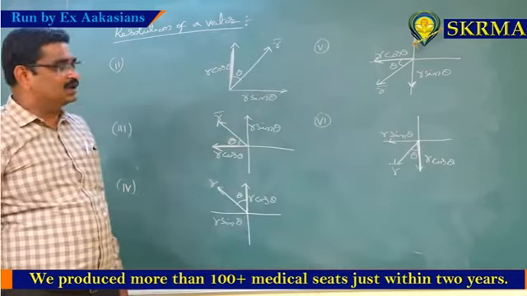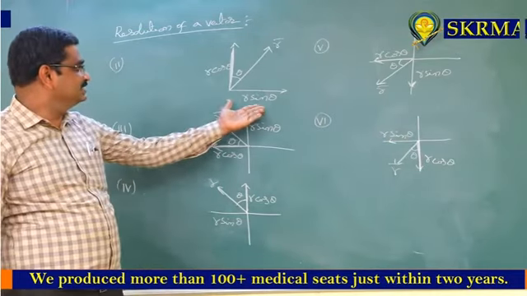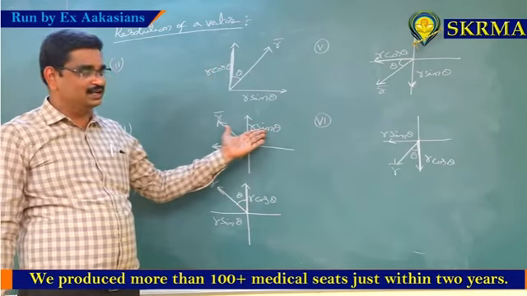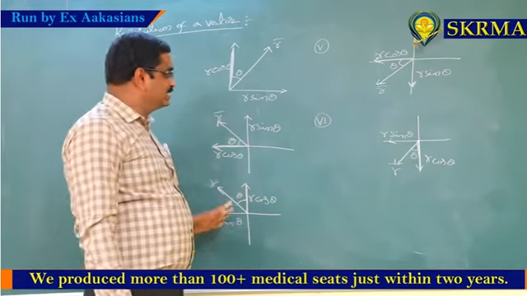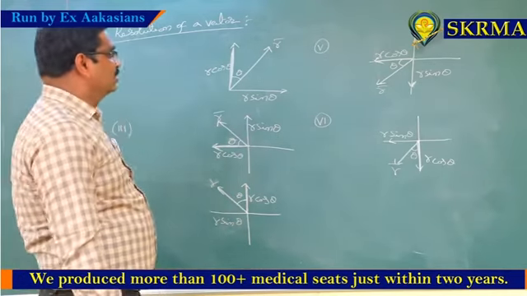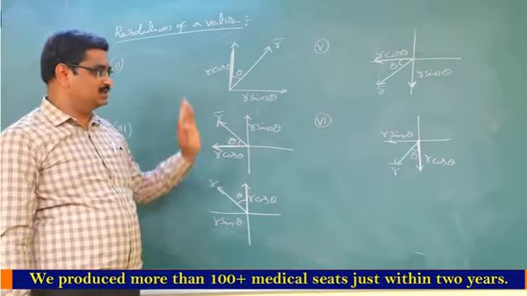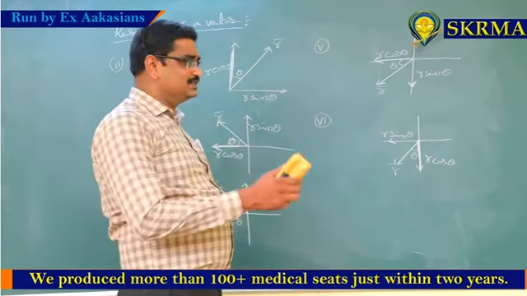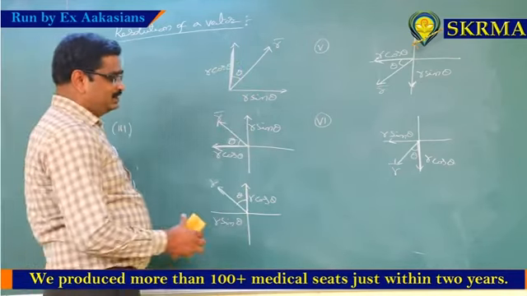So components in all cases are not the same. In this case, this is sin theta term, this is cos theta term. In this case, this is cos theta, this is sin theta. In this case, this is a cos theta term, this is sin theta term. But in all these cases, one thing is common, that is adjacent side of theta is always cos term. Adjacent side is always cos theta term only. So based on that, we can solve for coordinates.